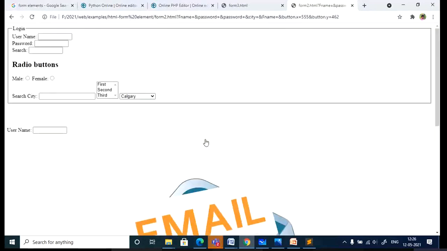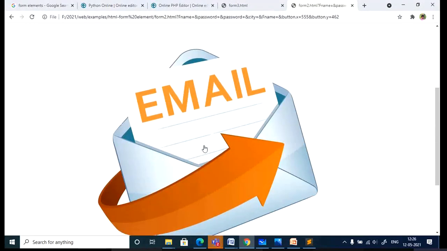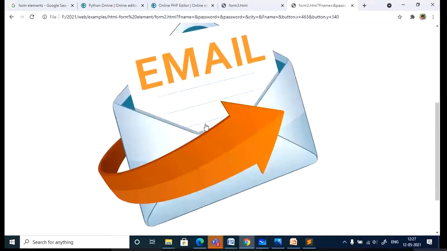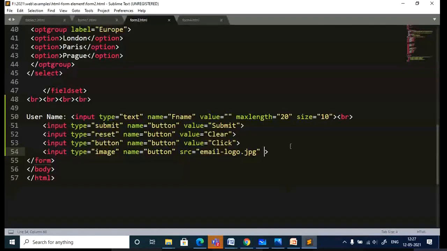Can you see? This is a button, a customized button. But here you can even specify the height and width of that image.